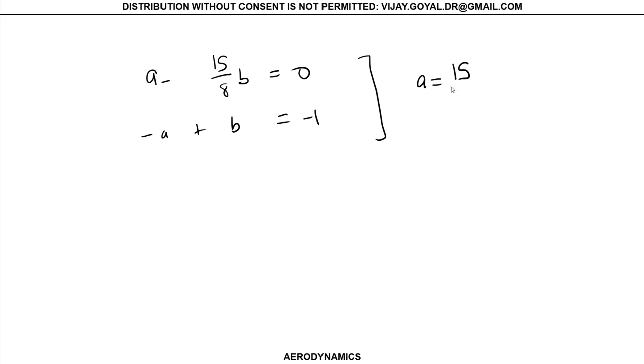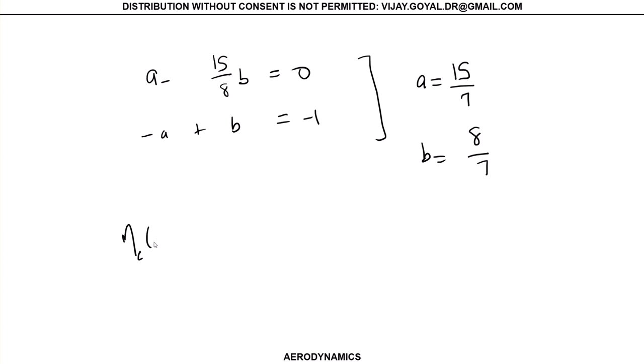You have the first equation, a minus 15 over 8 b is equal to 0. Minus a plus b is equal to minus 1. You can solve that. A is equal to 15 over 7. B is equal to 8 over 7. So therefore, your final answer here would be